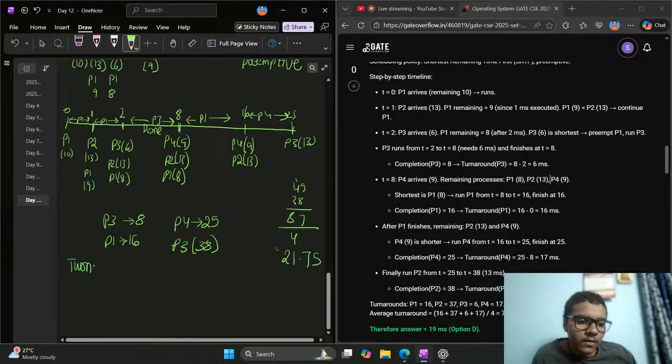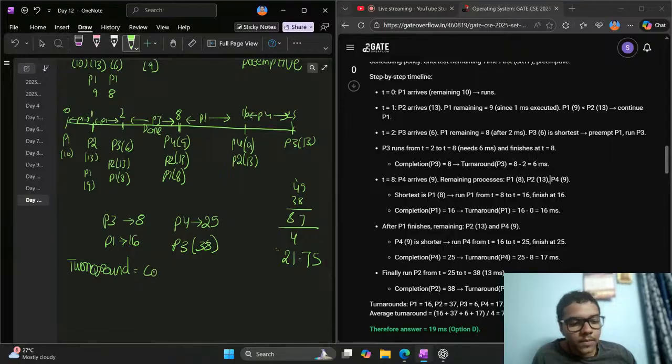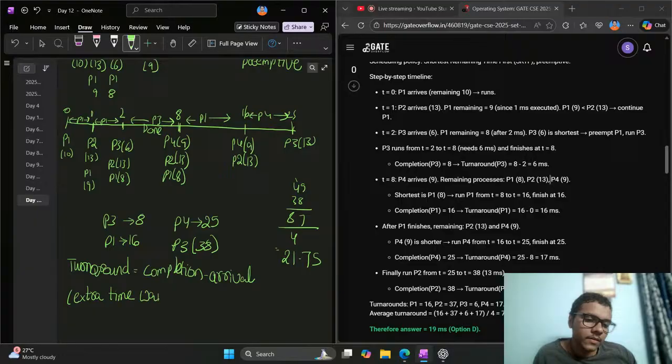Okay, turnaround, completion, minus arrival. Yeah, that is true. The kind of like extra time wait. So P1 started at 0. So P1 will be same and P3 kind of enters the chat at 2. So it will be 6 and